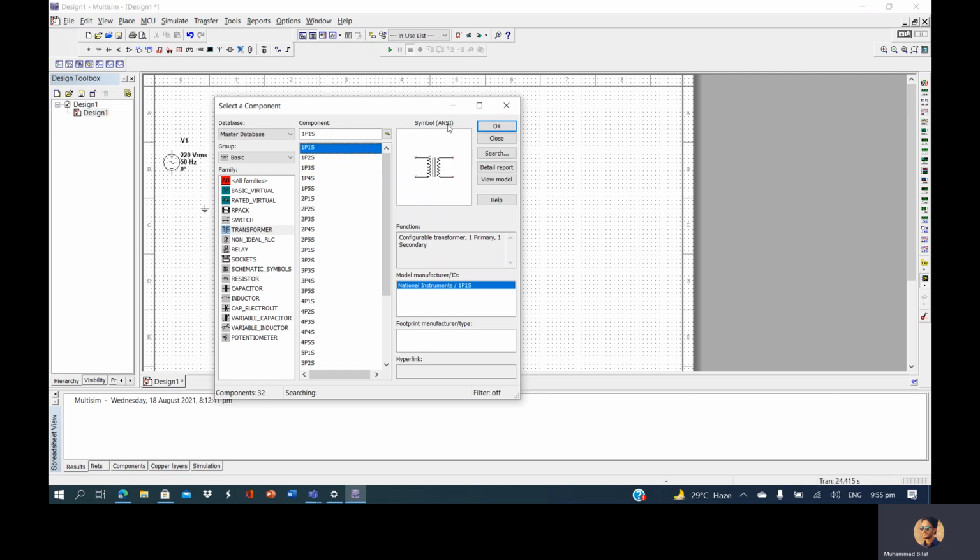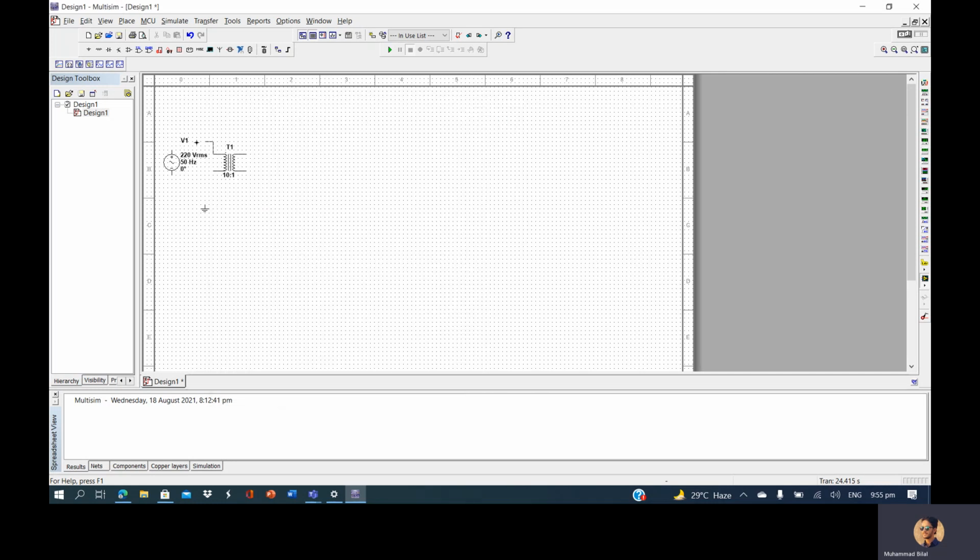Here we don't need such a big one, so we will click on the single simple transformer and place it over here in front of it. We will now wire it up with the power source, simply clicking and connecting with the positive terminal, and the other terminal of the transformer with the negative terminal of our power source. After that, we can see that we will get almost 20 volts. There is a 10 to 1 ratio on that transformer, which means there are 10 turns on the primary winding and 1 turn on the secondary winding of it.